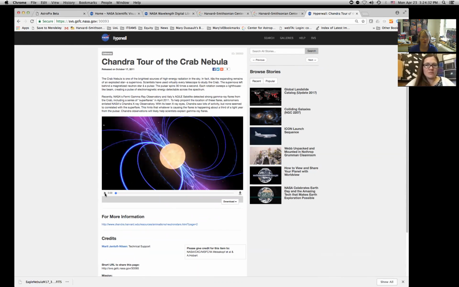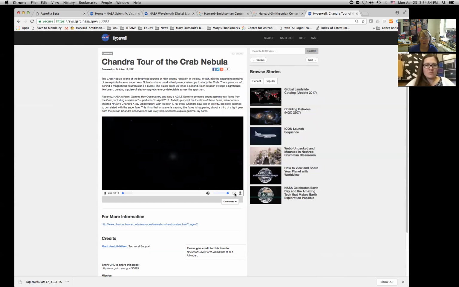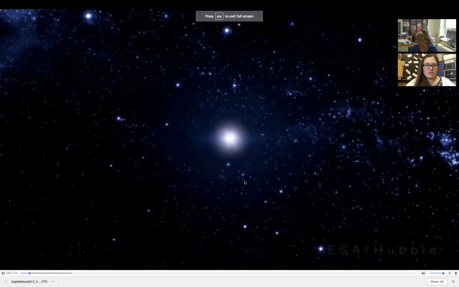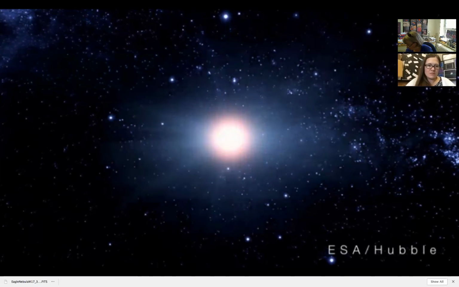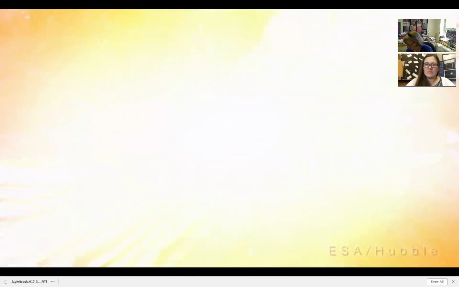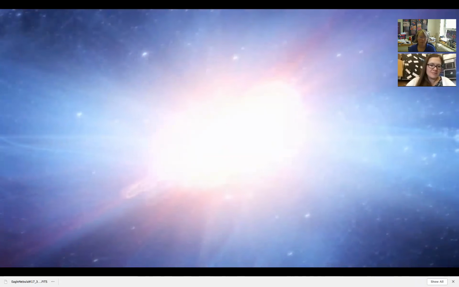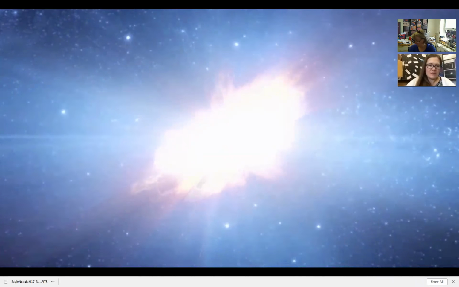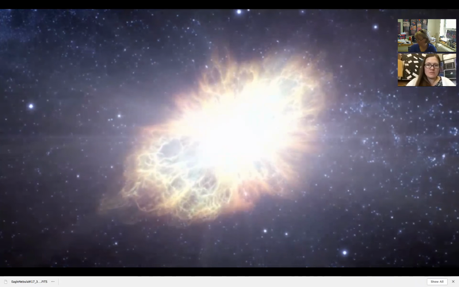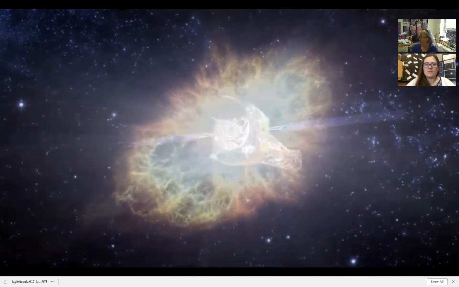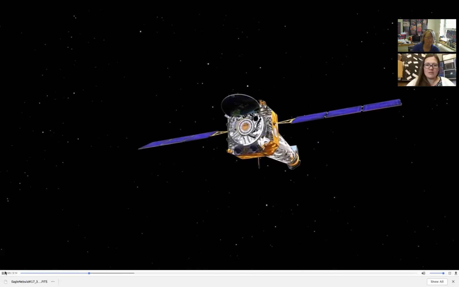The Crab Nebula is one of the brightest sources of high-energy radiation in the sky. Little wonder, it's the expanding remains of an exploded star, a supernova seen in 1054. Scientists have used virtually every telescope at their disposal, including NASA's Chandra X-ray Observatory, to